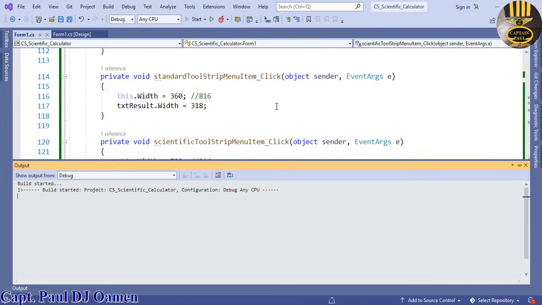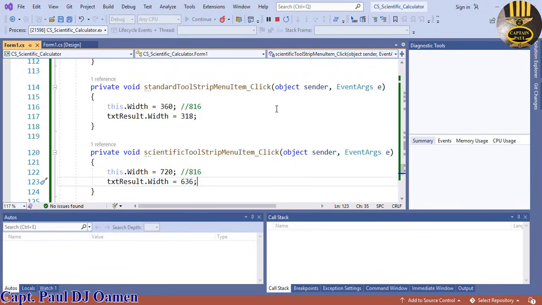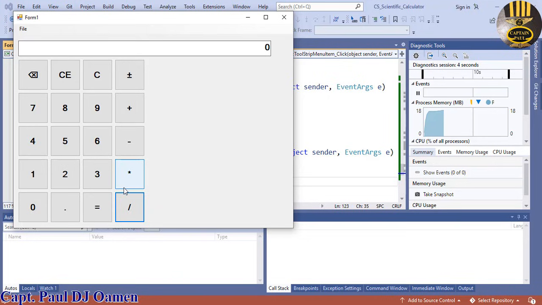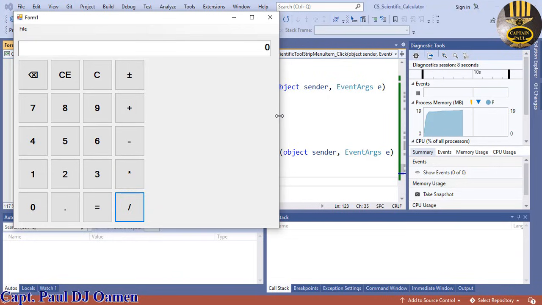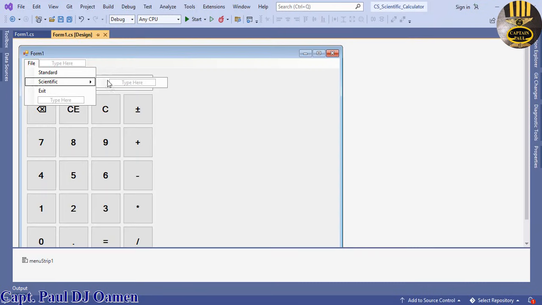Now let's run and see. Run. Okay, it's coming up. Scientific. Check that out, guys. I think we may have to reduce this, maybe something like this, and back to standard. Brilliant. Scientific and standard. Okay, that's good. Now let's take care of the exits. I'm going to come in here,